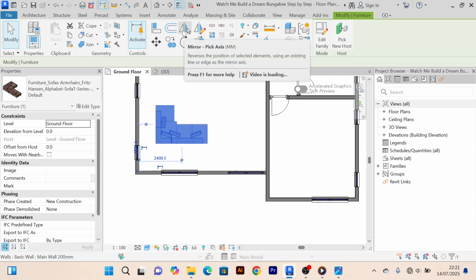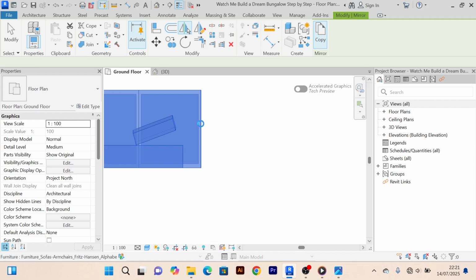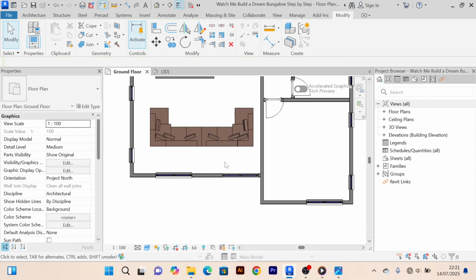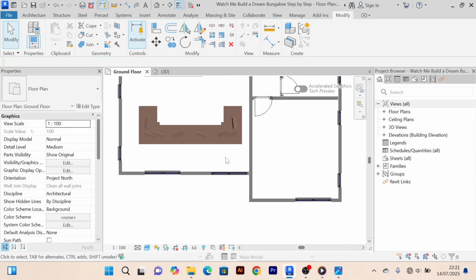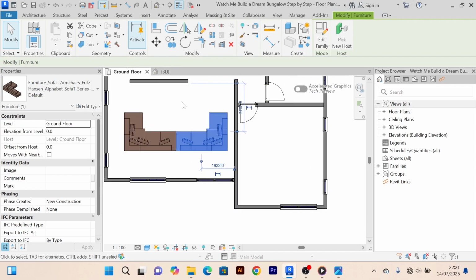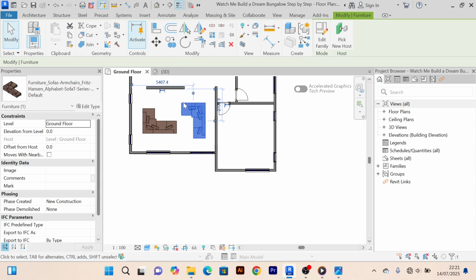So now for me, I'll just click on the first one, pick axis, and the axis is going to be really this part of the chair. So that's like that, it has mirrored this chair. And of course we are going to change the orientation of this to at least fit on the other side. So you can either use your space bar on the keyboard, just like that,